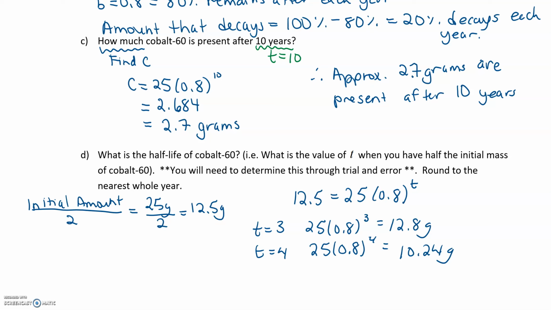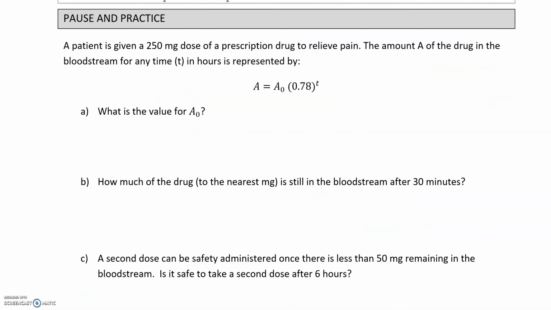Remember, we want to approximate our number of years for the half-life to the nearest whole year, so we would find that at t equals 3, it is closest to our half-life. Therefore, our half-life is approximately 3 years. Now pause the video and practice, as the following example is very similar to the one that we looked at,